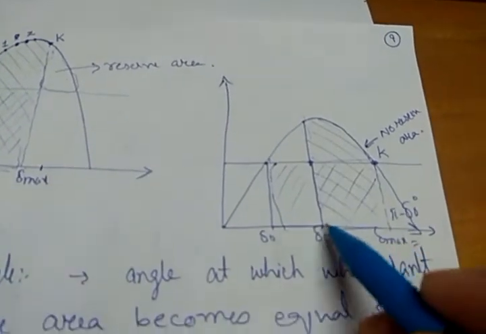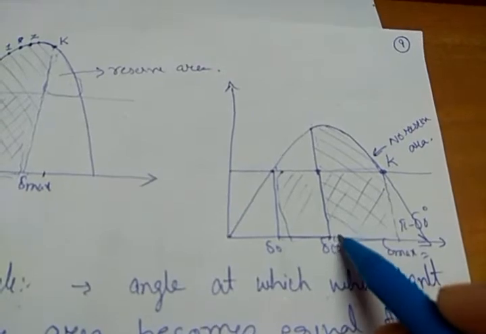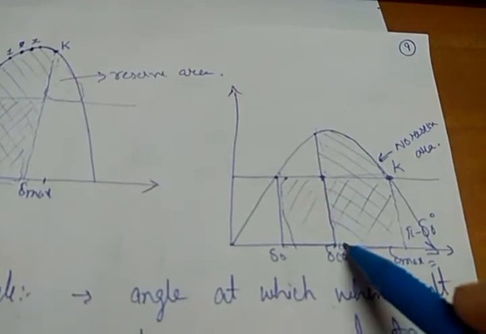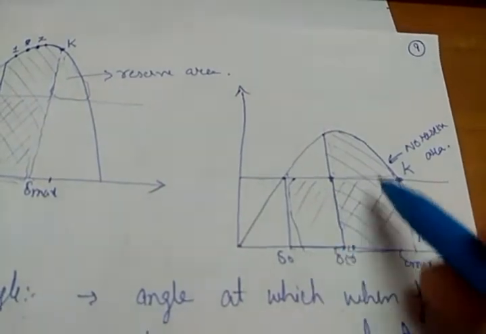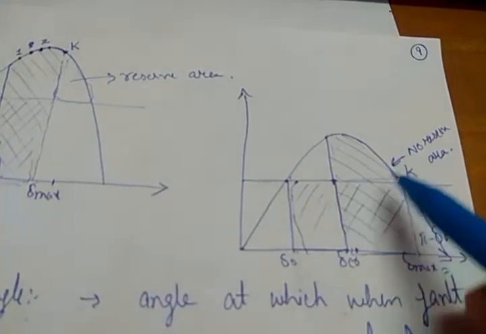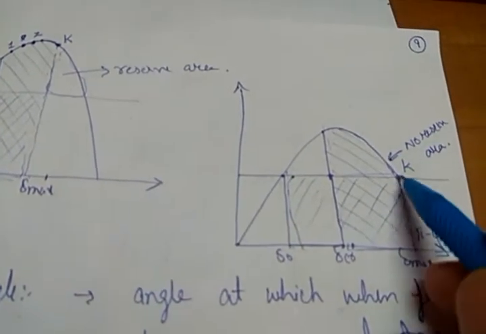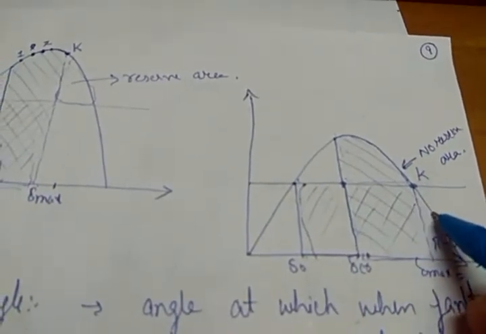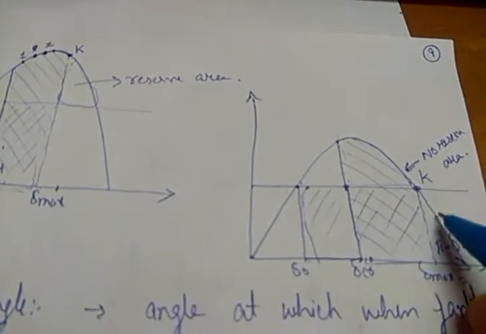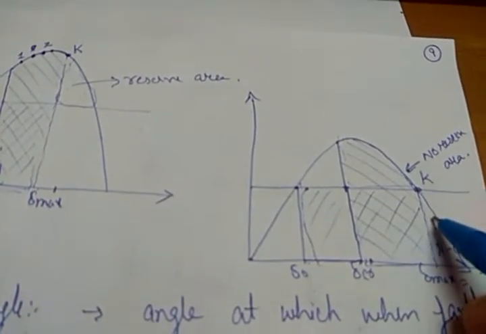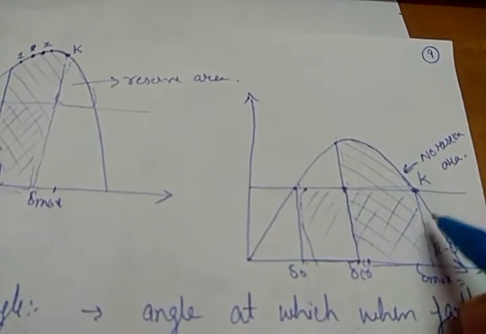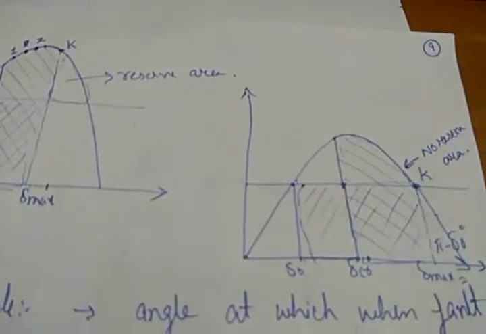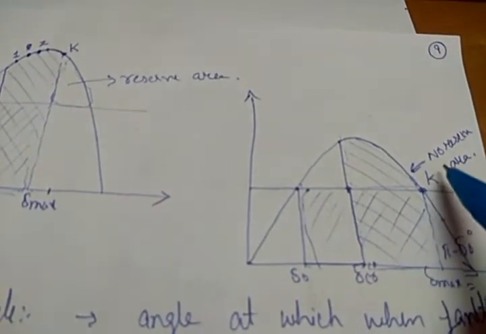How? I will explain how. Because you can see, if a fault is cleared beyond this point, I am clearing the fault at this point, obviously the mechanical power area will be more than the electrical power area. Why? Because beyond this point, this is the sine curve, it is moving like this, and from this point it is moving in this direction. So if you move down, what will happen? Then the electrical area will further reduce. If the electrical area further reduces, the difference between the shaft power area and the electrical power area will increase, because shaft power will be more as compared to the electrical power.